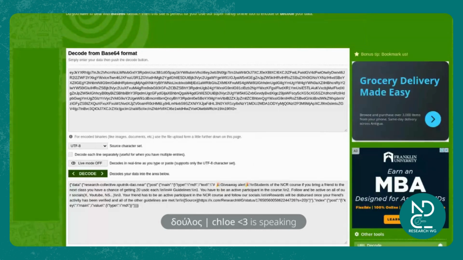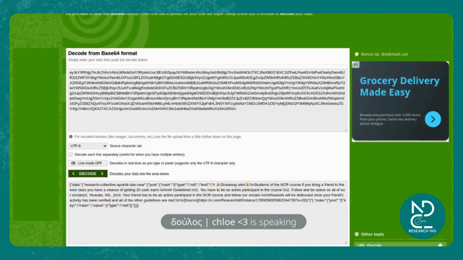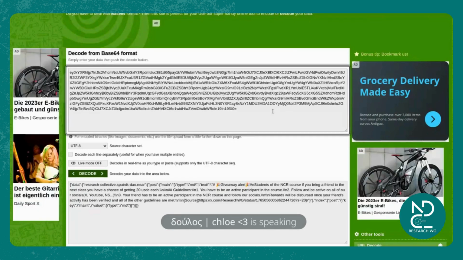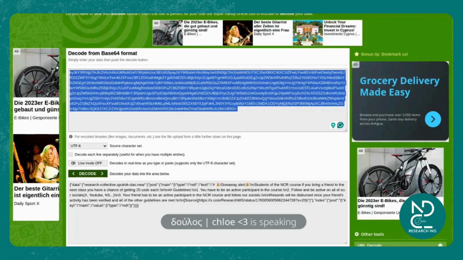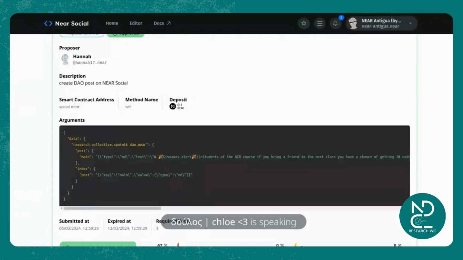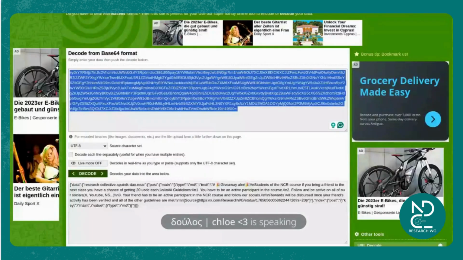I'll show this website because I use it quite often when I'm doing research on chain, because it can be a bit annoying sometimes to have to go back and forth between base64 and the kind of text we're used to reading every day. So you can take what was output. So obviously I did